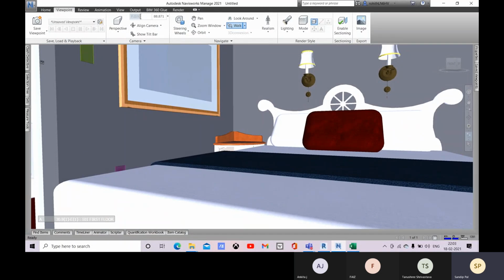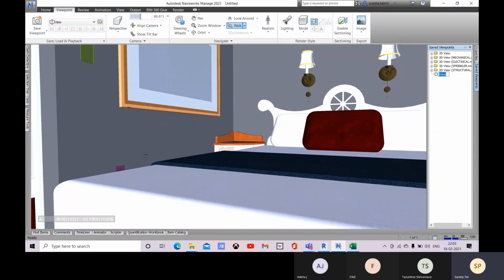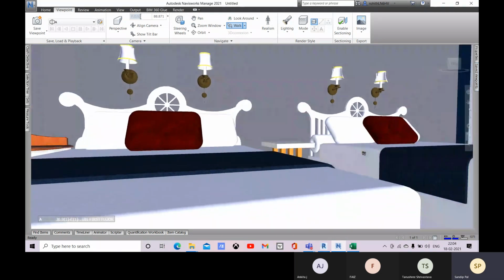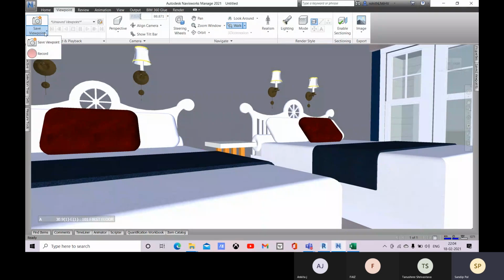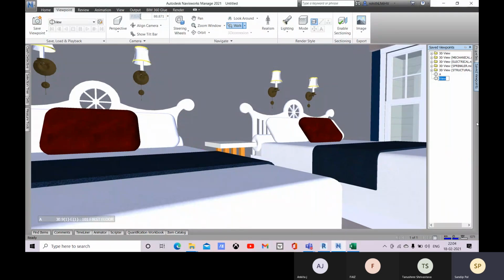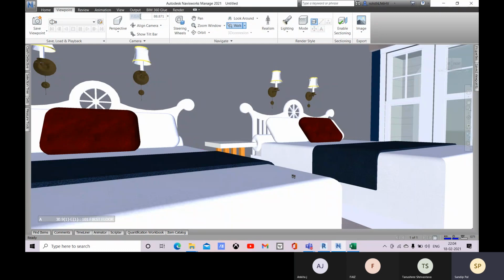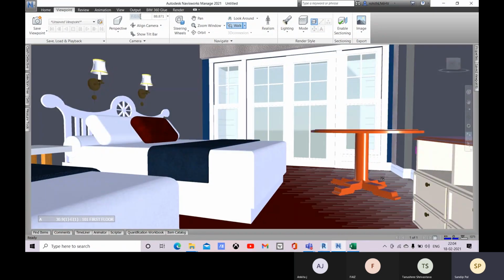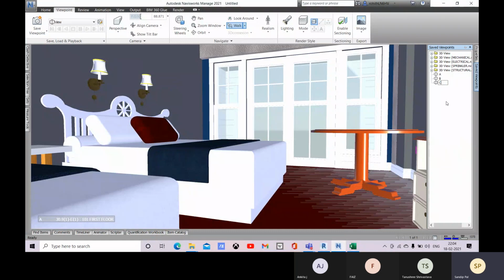Let's save this view. We'll save this view, save viewpoint. Let's name it like 1 or 2 or A. Name it. Okay, then change. Again save the viewpoint like B, save this viewpoint, save this viewpoint.